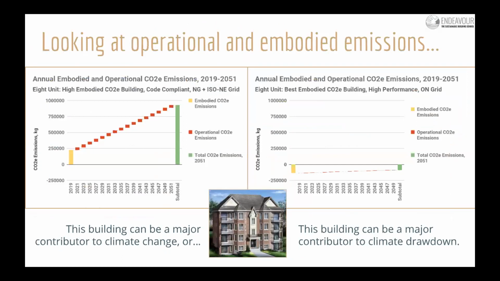And then just quickly, I'll drop the operational piece of the puzzle into this, and show you these 2 graphs. These are for the multi-unit building. You can see on the left, the yellow bar is the embodied carbon emissions of that building, the moderate carbon building. If it's using natural gas, and in this case the northeastern U.S. electrical grid for its heat and power, by the time 2051 rolls around, you've slightly more than doubled the embodied emissions,